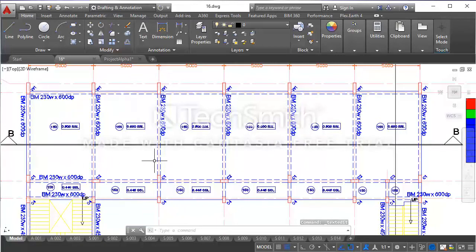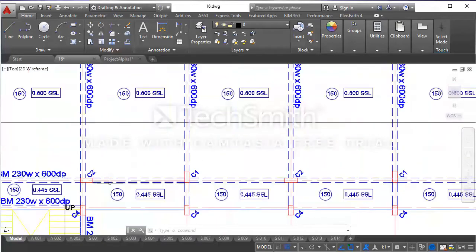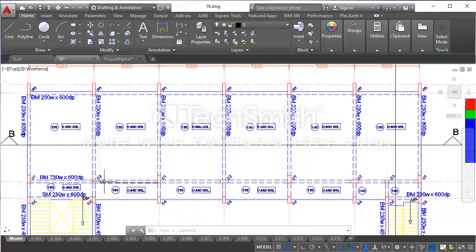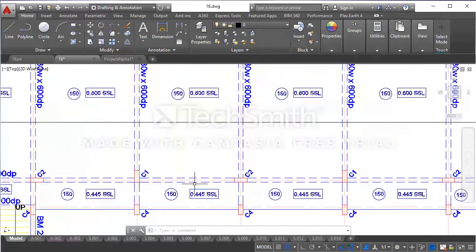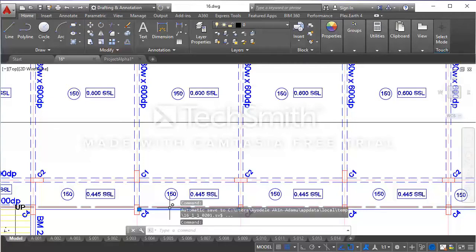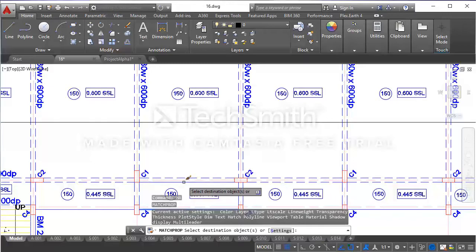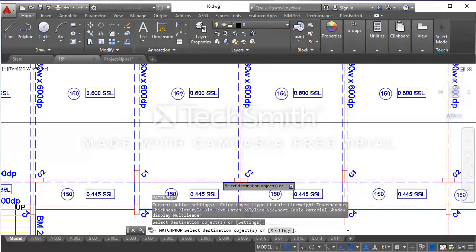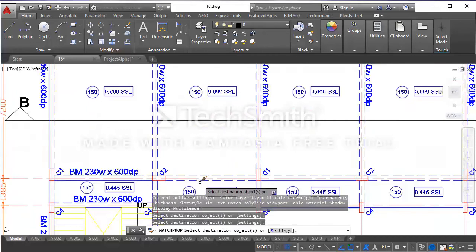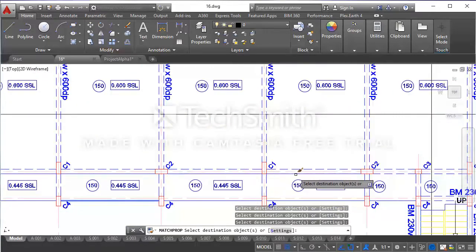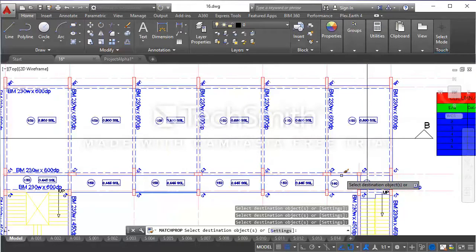So for this slab surface here, this edge here is an external region. So it's not supposed to be denoted by hidden line property. It's supposed to be denoted by a solid line property. So I'm going to select this line here, and I will use the match property to transfer the solid property to the outer region of the 600 elevation slab. You note that the 600 elevation slab is 155 above the 445 elevation slab.